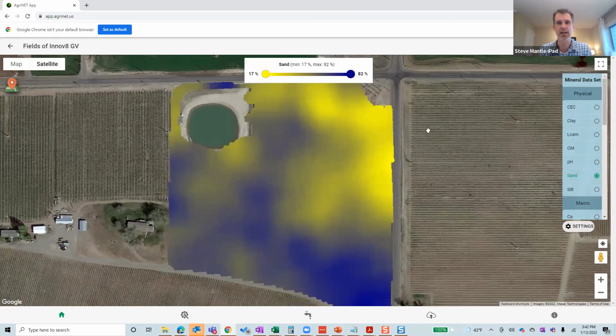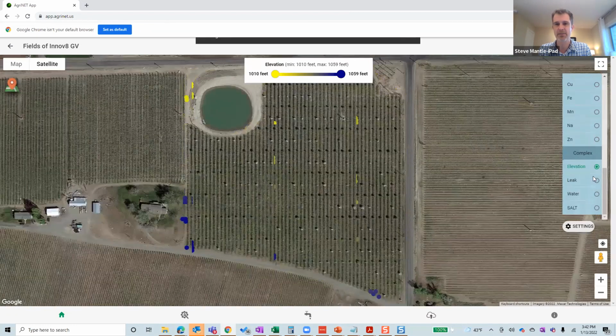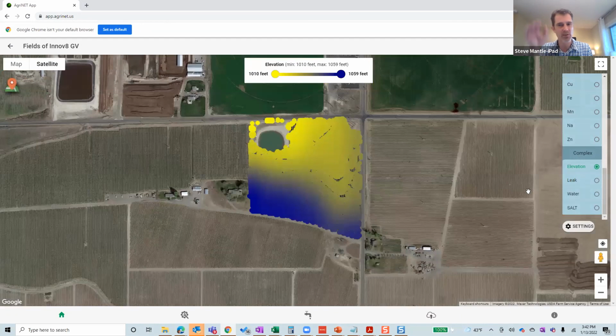So you can see now what it looks like with sand and what that variability looks like. Now this block, you can see there's a lot of variability, right? The yellows are just 17% or so sand down here, and then up in here, 82%. And if we take a look at elevation, which we're mapping at the same time with SoilOptix and Green Atlas and the other sensors,